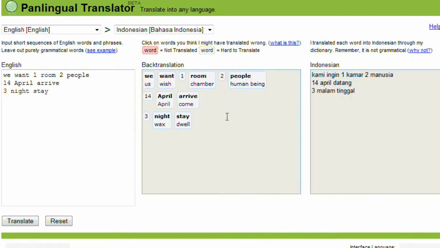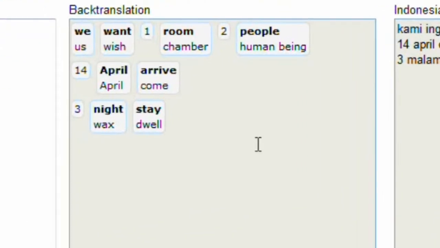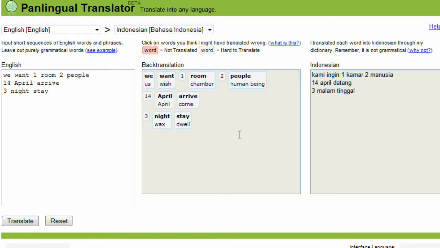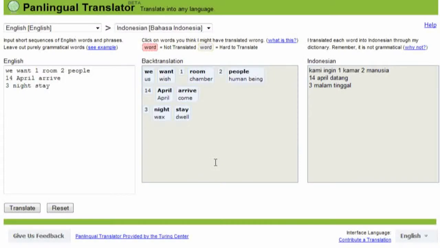After going through the back translation panel and making changes to accommodate Panlingual Translator's capabilities, we might end up with a message like this one. You can see that we don't have any yellow tokens warning us about words that are probably not translated well. We also don't have any red tokens indicating untranslatable words, and looking at the back translations seems to indicate our meaning is translated adequately. Once we're satisfied with our translation, we can copy the output here and use it wherever we want. That concludes our tour of the Panlingual Translator.